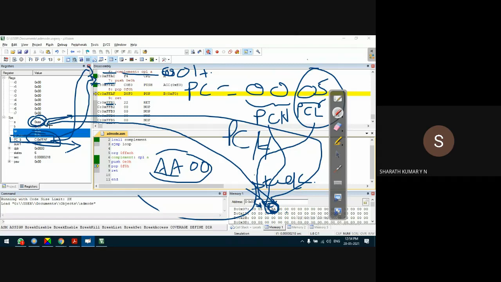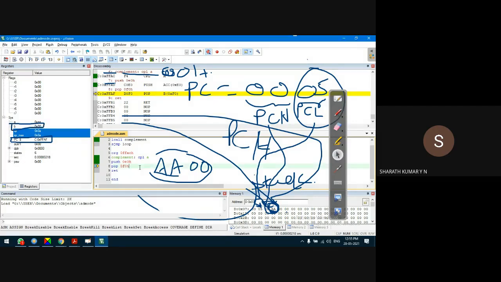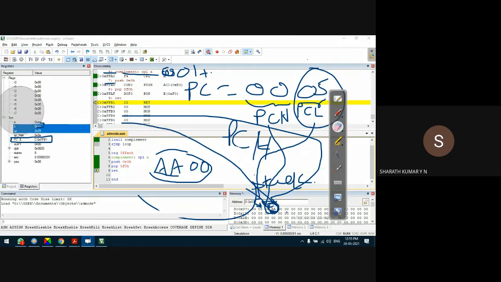The B register you cannot see here. Let me clean it up so that you can see the B register. Observe the register B now. The locations to observe are the PC and the B register. F11 on my keyboard. So the content of the B register becomes 0AH. And when the content of the B register is 0AH, the PC will be pointing to the next instruction.